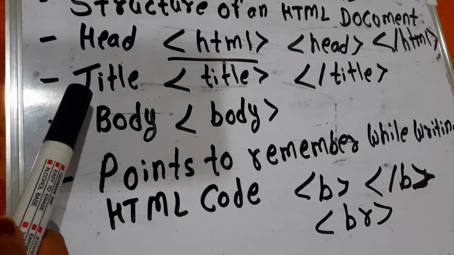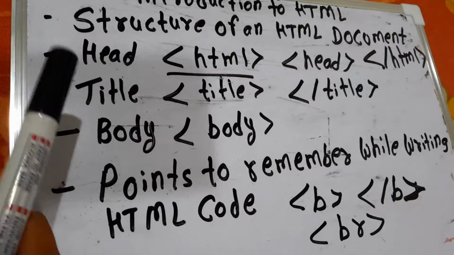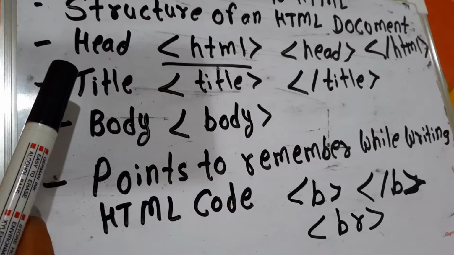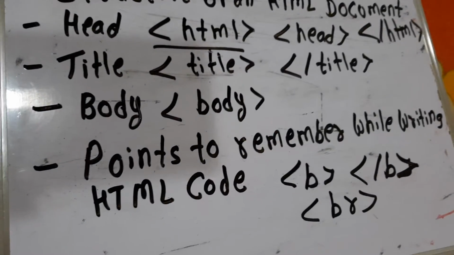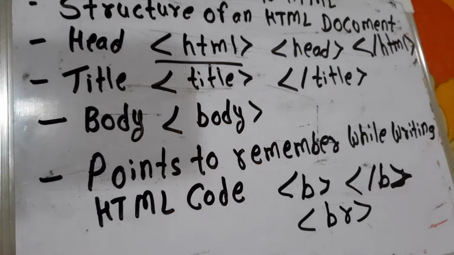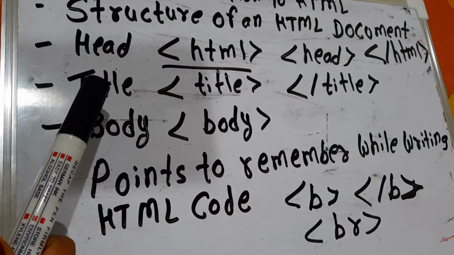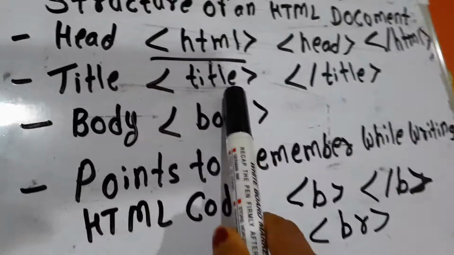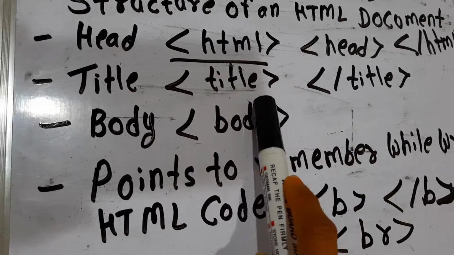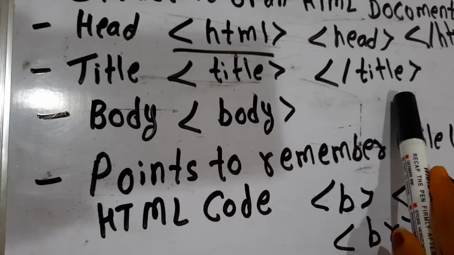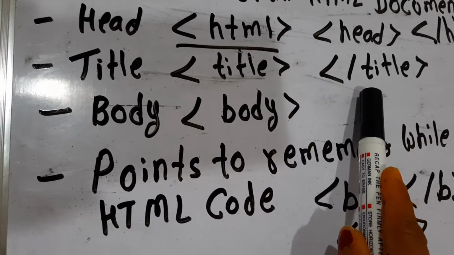The title will be like this: beautiful Afghanistan. That means if people click on your title, on your link, they will get the information about Afghanistan. You may insert some pictures also. Title. Okay, now the title element is a container element because it has opening and closing. It is not empty. Empty will not have closing, but it has opening and closing, so it is a container element.